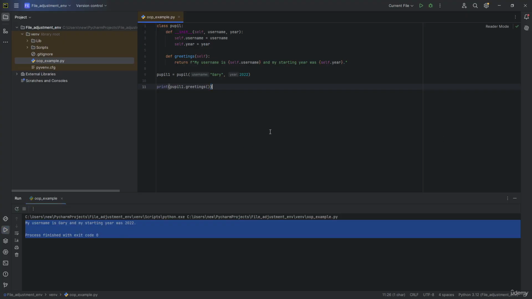So what we did over here is that the class pupil is the blueprint, or the start of the program. Then we put in self, which is username or even self.year. This part basically stores the object data. Then when you put in greetings, this greetings is the object action. And when you put in pupil 1, which is basically pupil and then whatever your name is, it basically creates an object. If I put in pupil 2